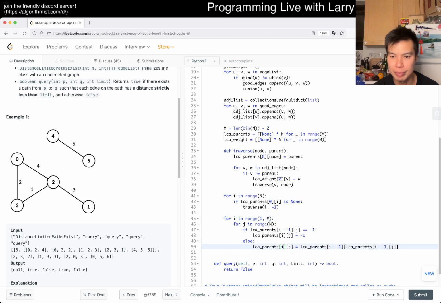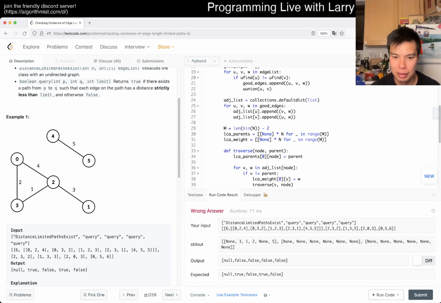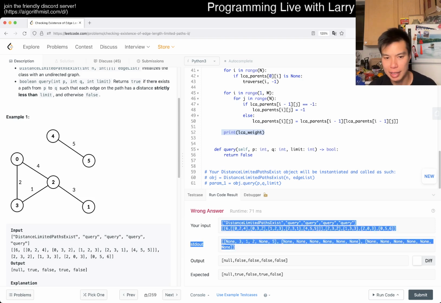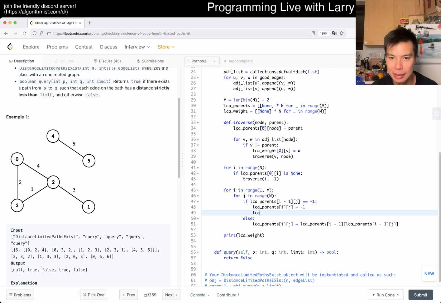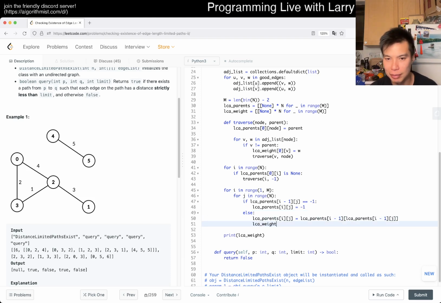Okay. Let me just print it out real quick. And that's the thing with practice, right? You don't have to keep printing things out if you're used to it. But yeah, 1 connects to 2 with the weight of 3, so this looks right. Everything looks good, right? And then now we can do something like, I mean, this is just gonna be none anyway. So now we can do something like